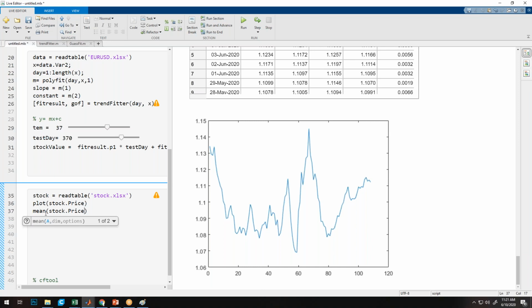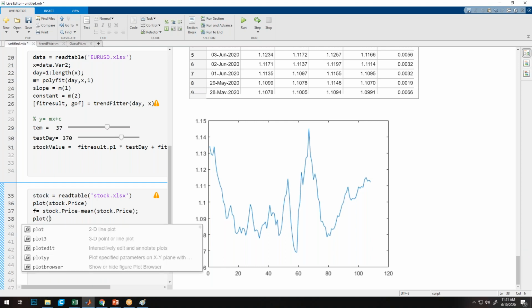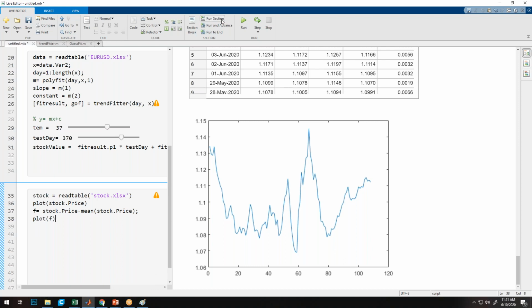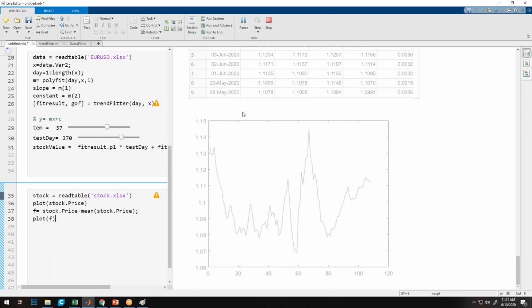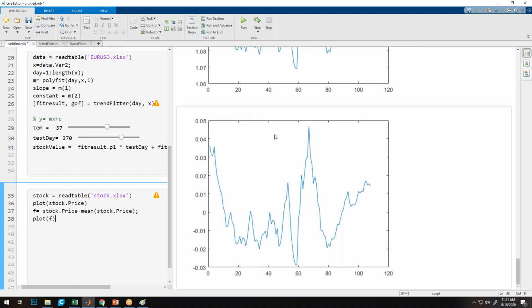I will subtract this mean from stock.price to make one more data, and I'll store it in an f variable. Here I want to see the plot of f also. Plot f, and run the section. Okay, so here I can see this is our zero line.